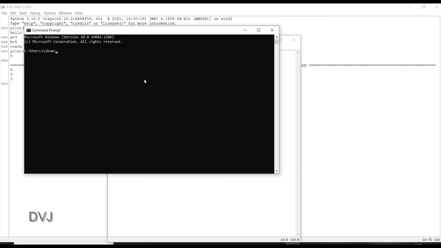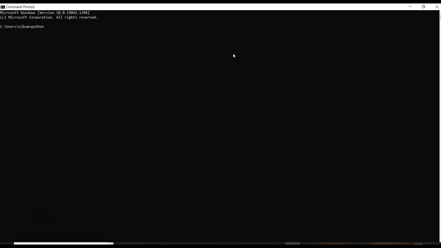Same as the IDLE script file, we can connect to Python on the command prompt and run the commands or open the saved